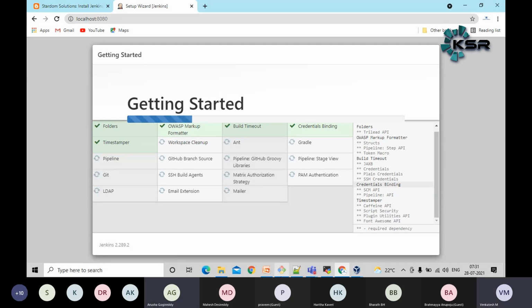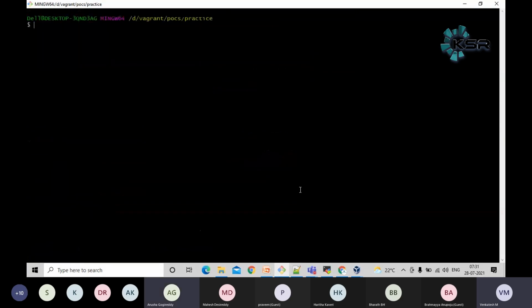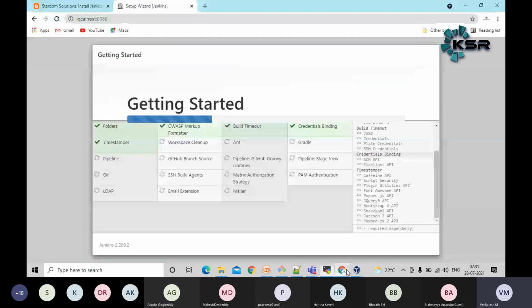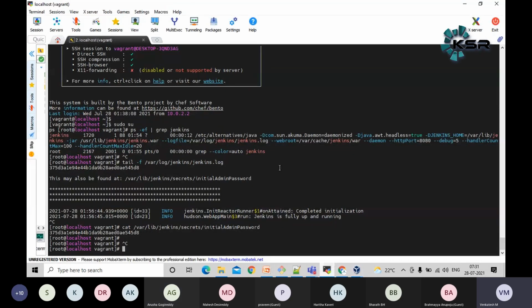I am telling you. This is my Git Bash, this is my local. Whatever activity I am performing in this shell, I have connected with some remote machine. This is my Linux machine, the guest OS machine. Like Google Chrome and VirtualBox, all the things I am doing from my host machine, my laptop. This is my server. So whatever things I am executing in this particular shell are on the guest OS.